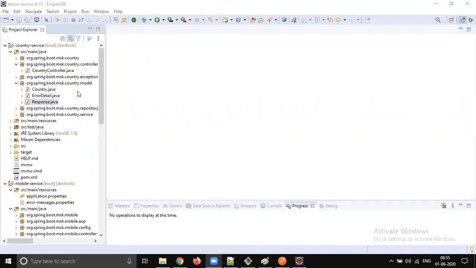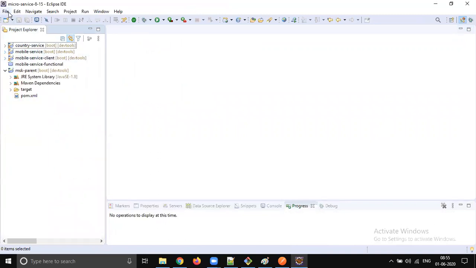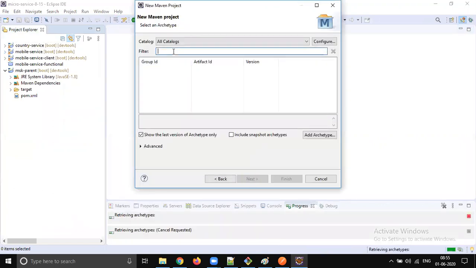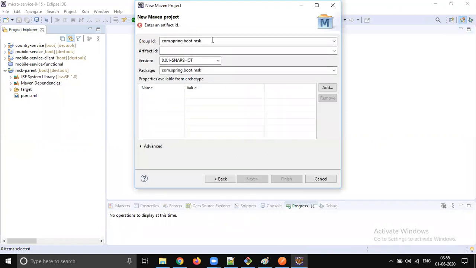No. So let me quickly create a common project, common module. File, new Maven project. Next, it's going to be Apache. Just select simple. Next, group ID boot MSK, artifact ID mobile common, and package it into a jar file.